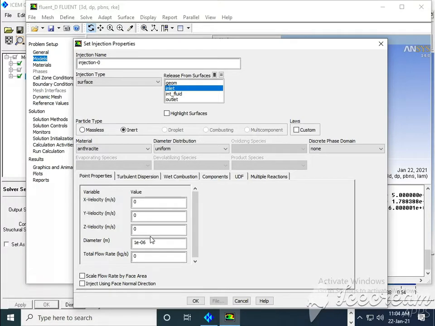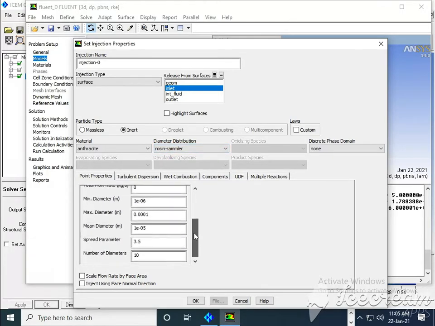Then here it is inert. Then you can change the rosin-rammler distribution.